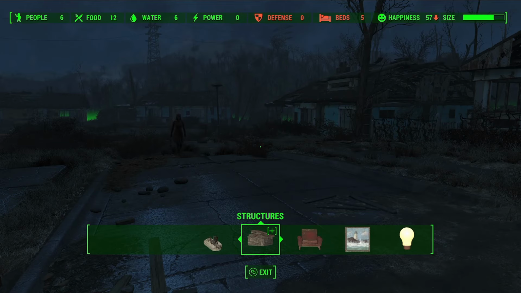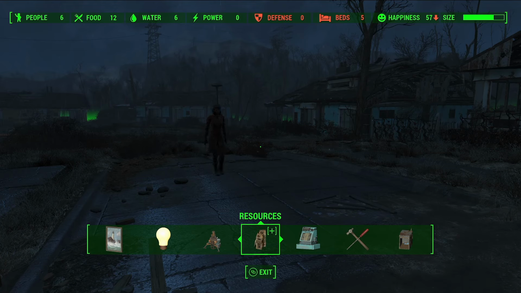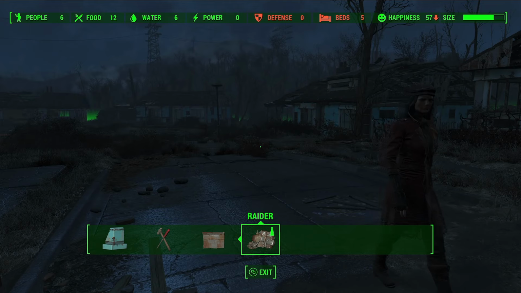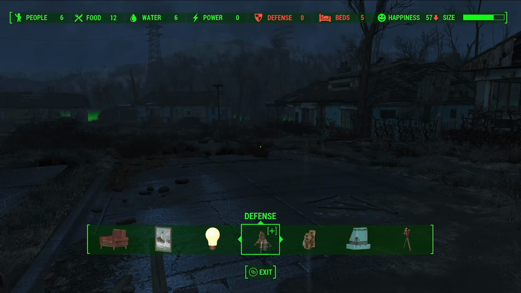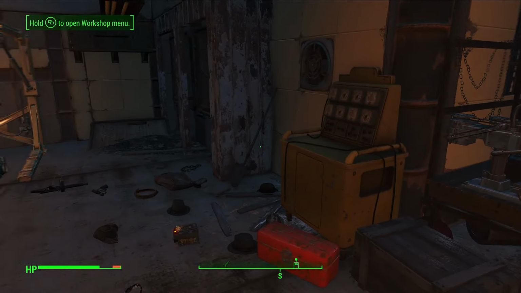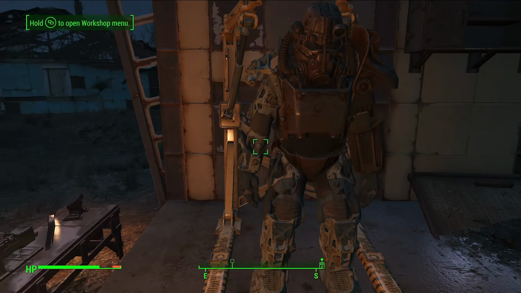So there's all these different structures you can build. Furniture, decorations, power sources, defense structures, resource things, stores, crafting stations, cages, raiders. Like you can do all sorts of crazy stuff. And at the top, you'll see a stat system that shows you the current stats of a given outpost. And there are multiple outposts through the game or settlements that you can choose to expand upon if you want to. But at the very, very least, it's worthwhile to have sanctuaries set up,